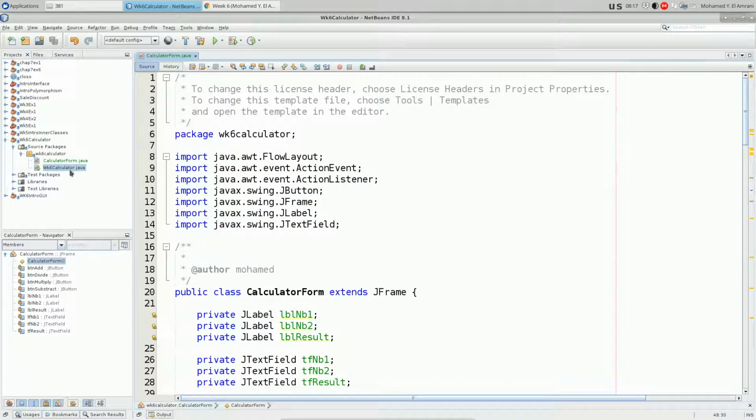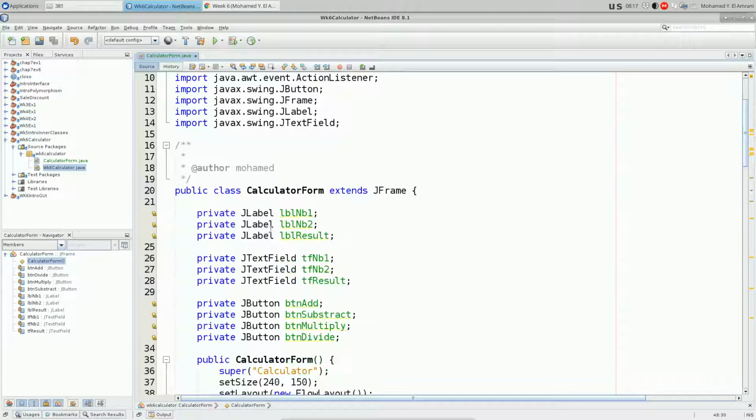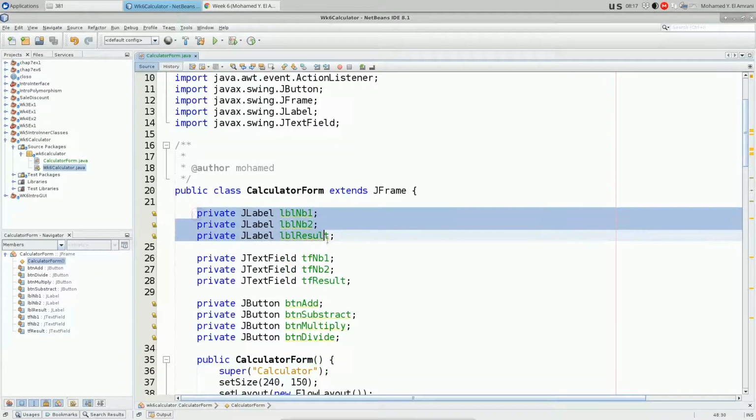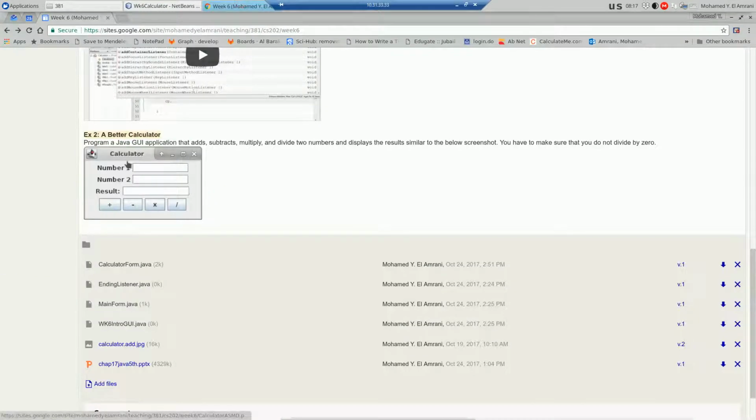Okay, so yesterday we were talking about this calculator, and then I just created the calculator that should look like something like this. Well, yesterday we were working on the plus, on the addition only, and then we just made something that looks like this by